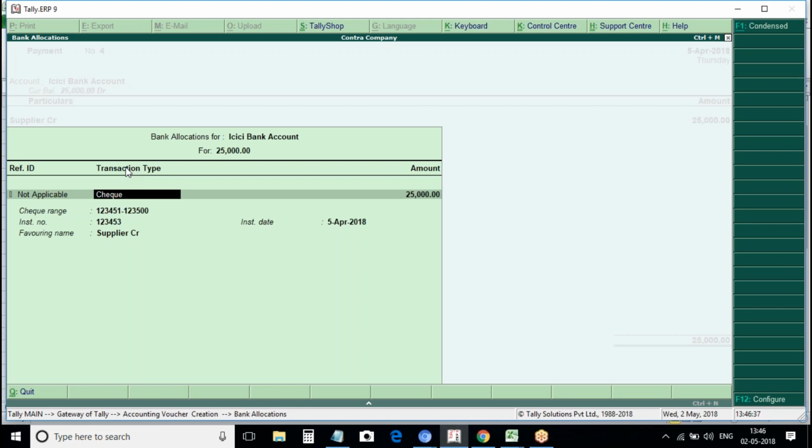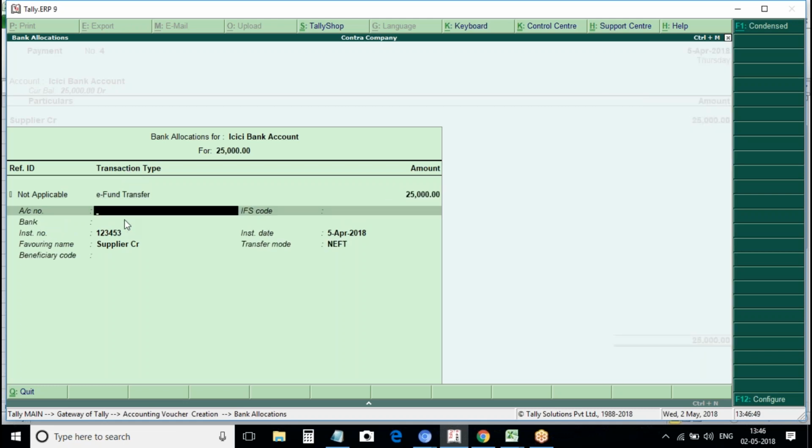So here in this transaction we will not go with the check, we will go with the e-transfer. When I select e-transfer, check it out here, the check detail will go up from here. Now the e-transfer account, party account: we have to provide the name or account number of the party, that is, we will take 1 2 3 4 5 6. So already our bank account is starting with 1, so we will go with the